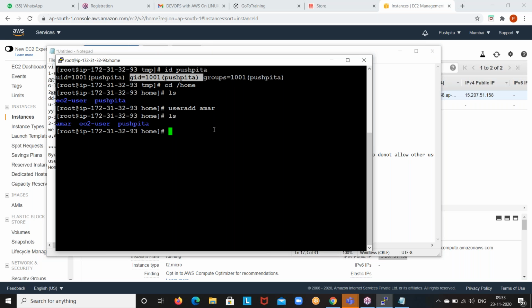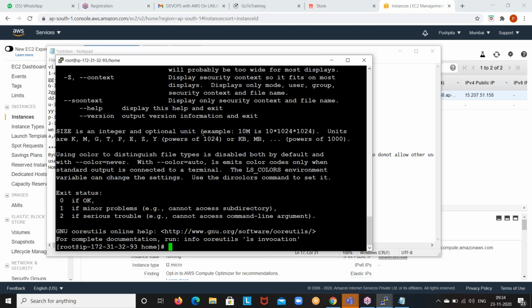For example, I want to check about the ls command: ls space hyphen hyphen help. Enter. See, it will give full detail about the ls command.